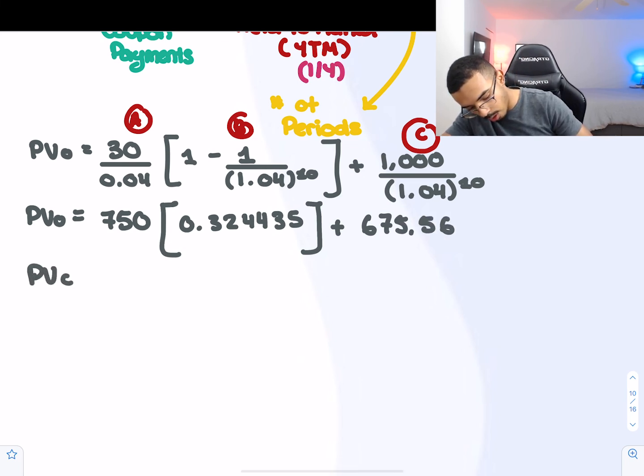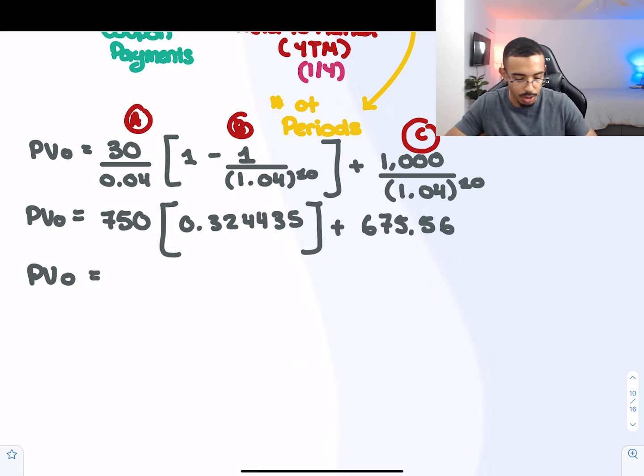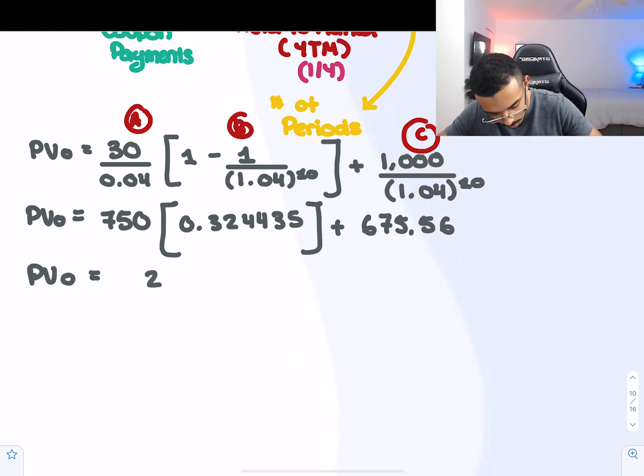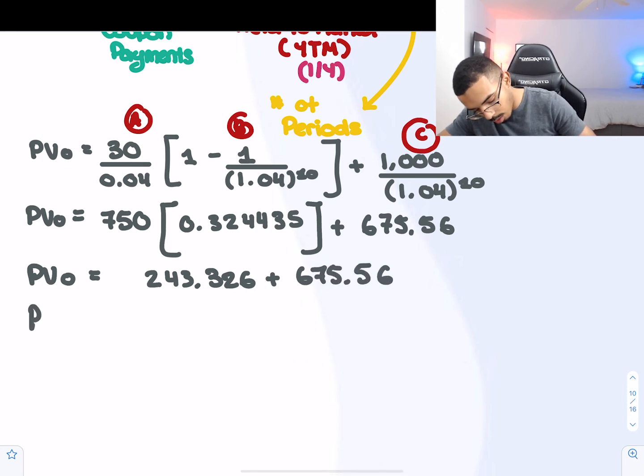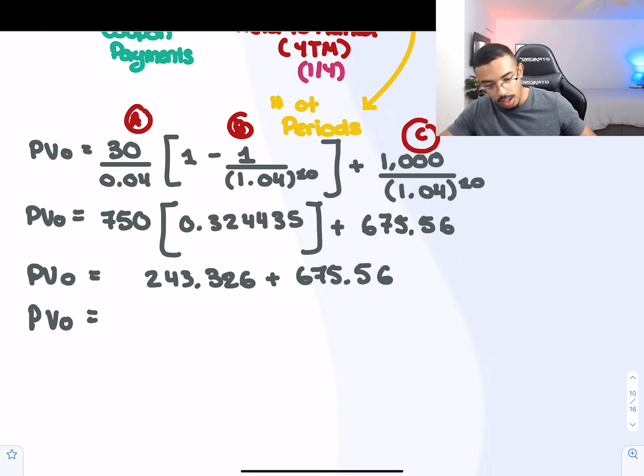Then your present value is going to be equal to 750 times 0.32435. And that's going to give us 243.326 plus 675.56, such that the present value is equal to the following: